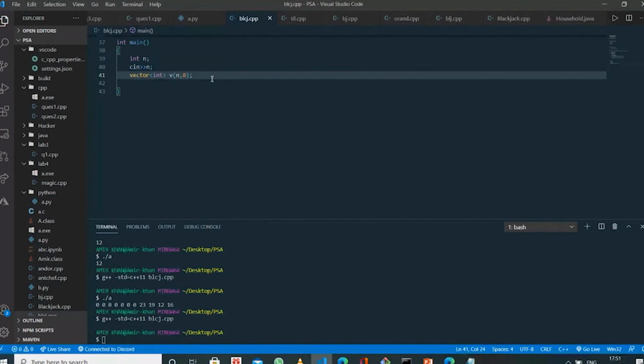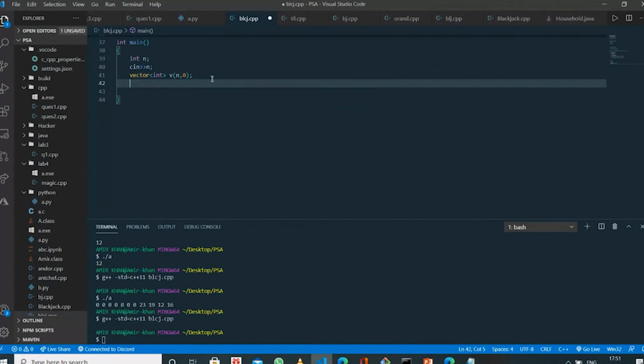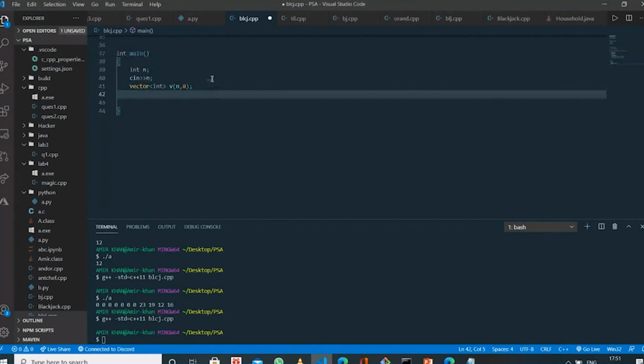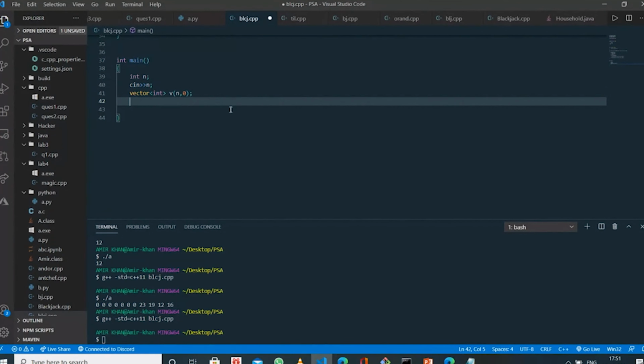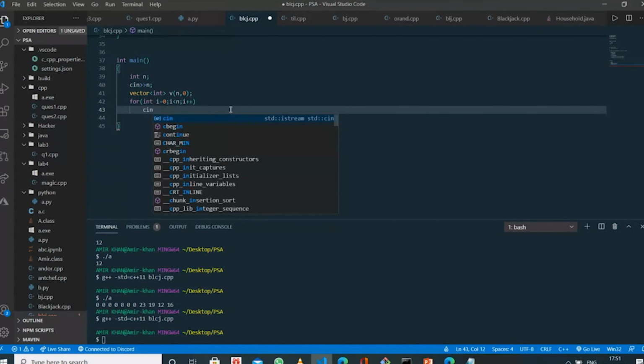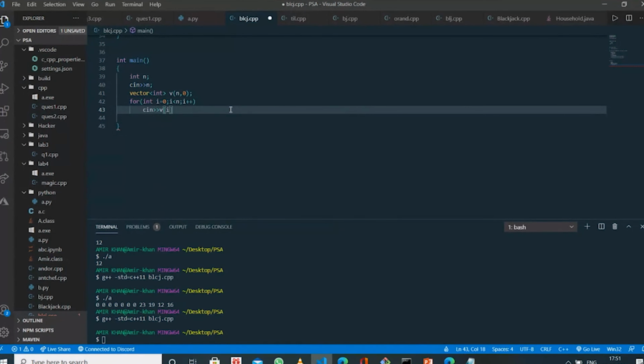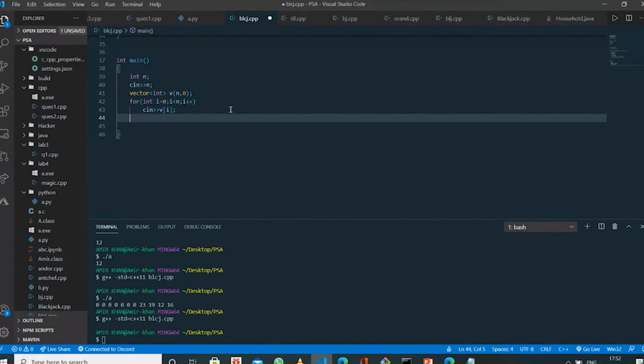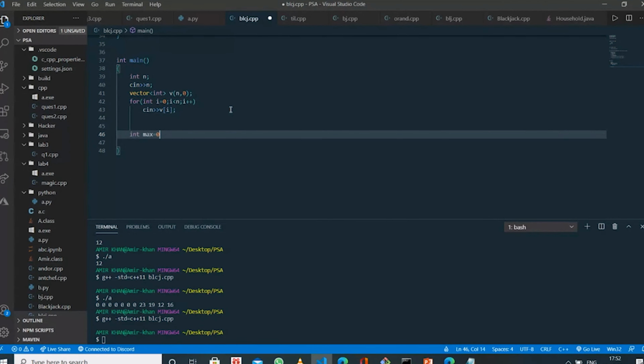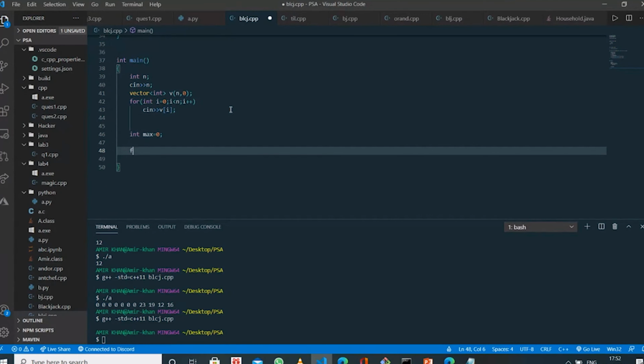So I have called the constructor of the vector, and then I will take input in the vector. I equal to 0, I less than n, push back into the vector. And then we'll calculate the maximum value in this vector.